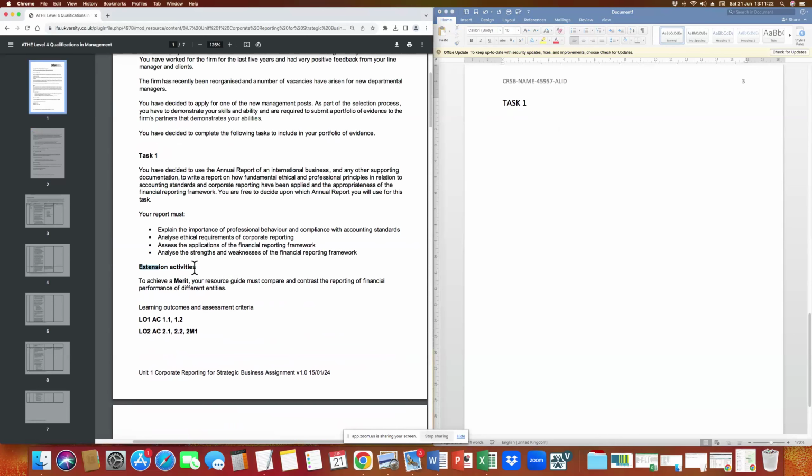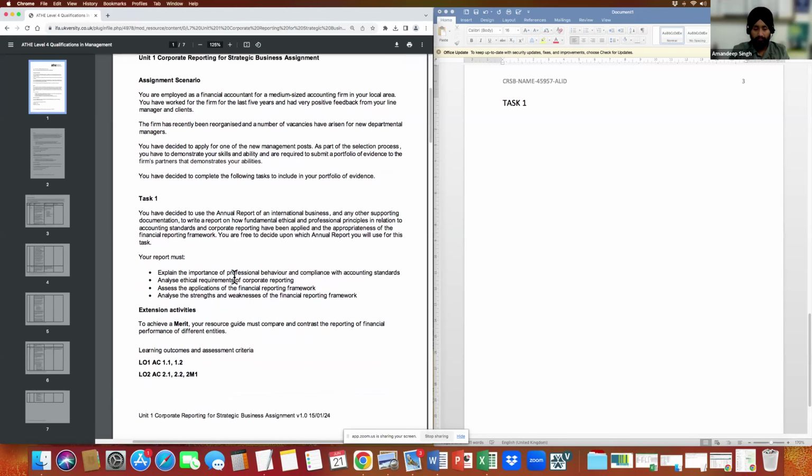Anything mentioned above the extension activities, which are these questions, is for pass, but anything below that is for merit. As it says, to achieve a merit your resource guide must compare and contrast the report, so anything below that is considered merit.